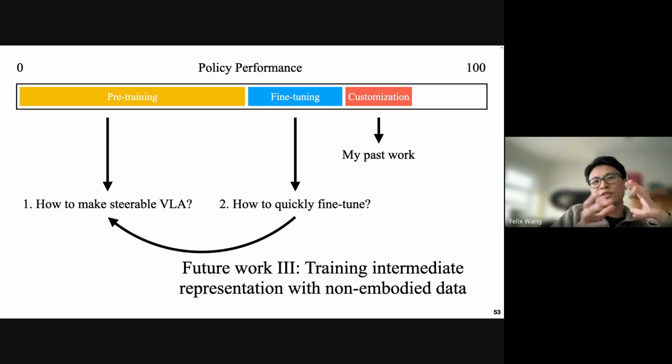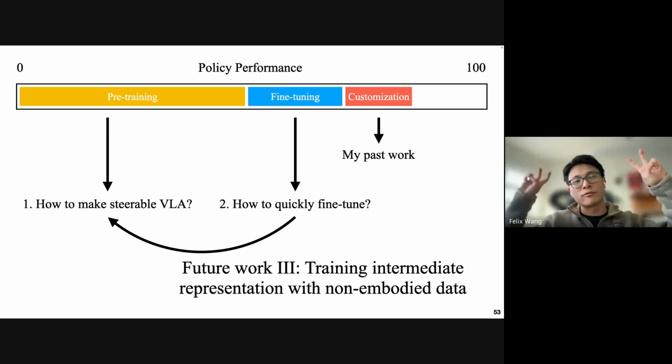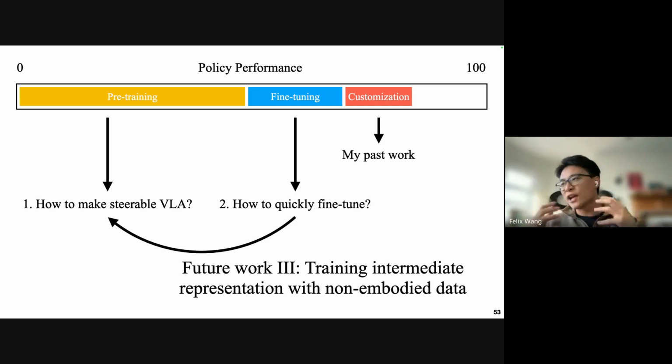If we can identify those grounding errors, we can potentially leverage a lot of the manipulation videos, or human manipulation videos, without the robot embodiment. This kind of data is not useful for robot action prediction, but still useful to help us fix the grounding part. And this data is much more abundant than collecting motion trajectories through kinesthetic teaching or teleoperation. So I think this is the third direction I'm super interested in exploring: how can we leverage non-embodied data that still gets us better VLA performance, so that we now only require fewer action labels to train the